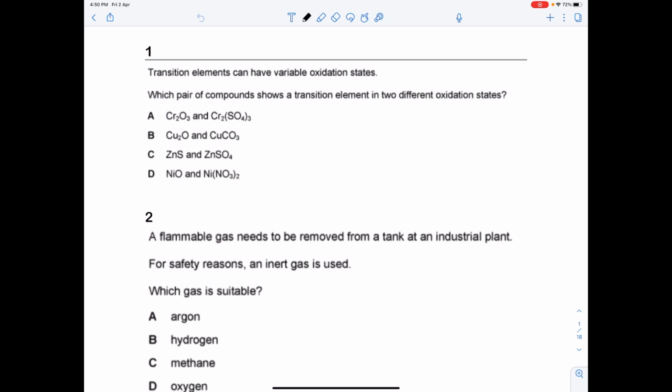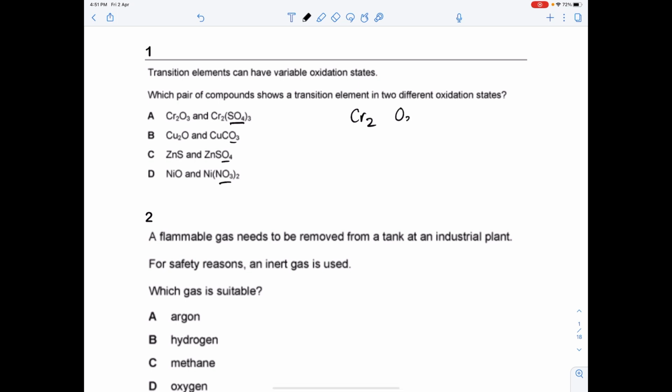So let's dive straight in with transition elements can have variable oxidation states. Which pair of compounds shows a transition element in two different oxidation states? Don't worry if this was a little bit difficult for you, that's perfectly understandable. We're going to spend module 5 going through how to write formulas, but you've got some idea. These end ones may have provided you with a little trickiness because we haven't learnt them yet. So if chromium